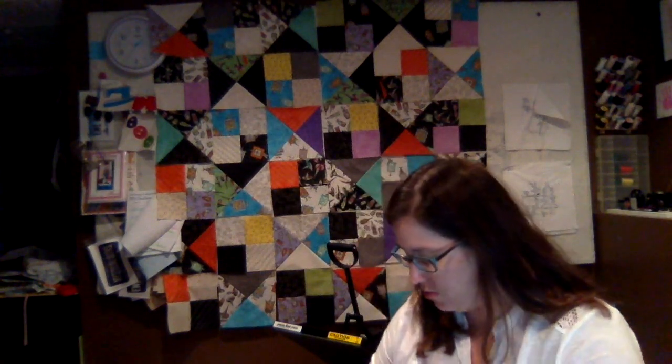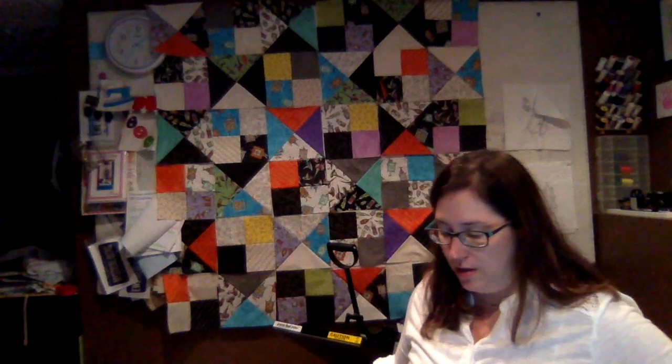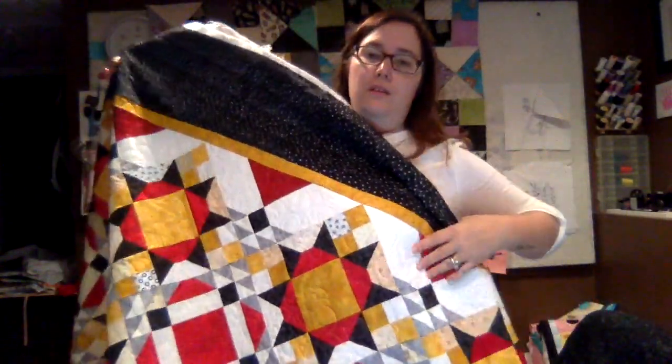Then a finish that I had this week, which should have been last week, but I ran out of long arm thread, and I went down to my local quilt store and they were out of white long arm thread, so I had to wait for them to order it. And I got this finished this weekend. It was the Bonnie Hunter mystery from 2 years ago. She puts one out every year. Actually, it's coming out soon. So it's ginormous, but